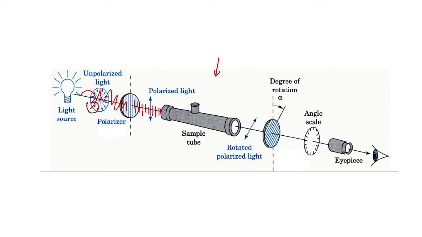So, this is what we call plane polarized light. Plane. So, dia bergerak dalam satu arah sahaja. So inside here, there are solutions of substance. Okay, solution of substance. So usually in the end,